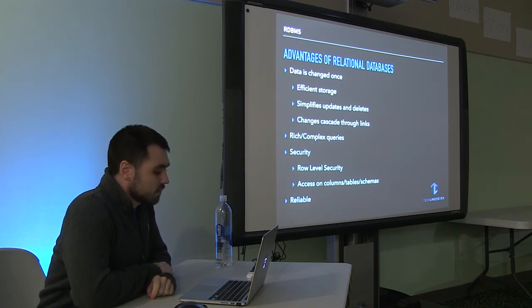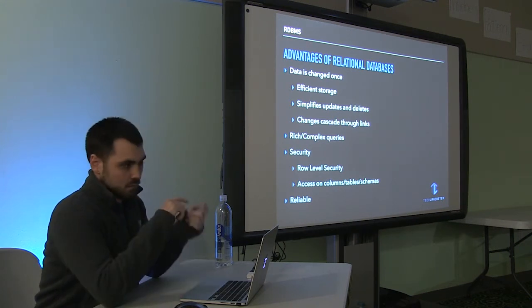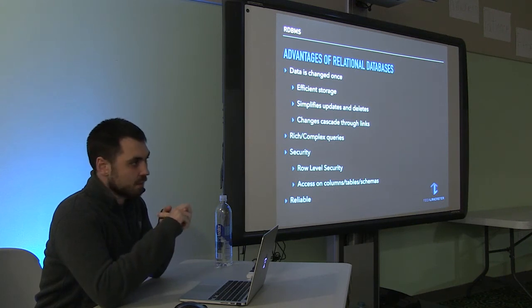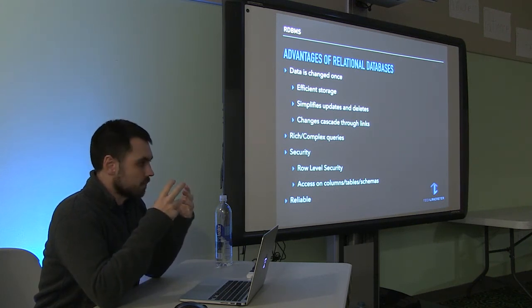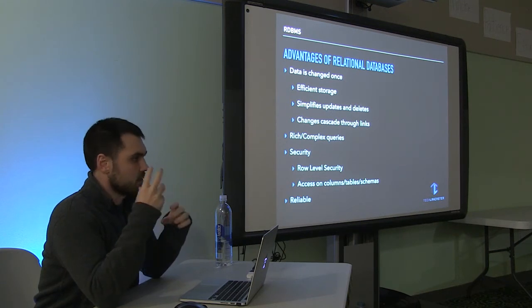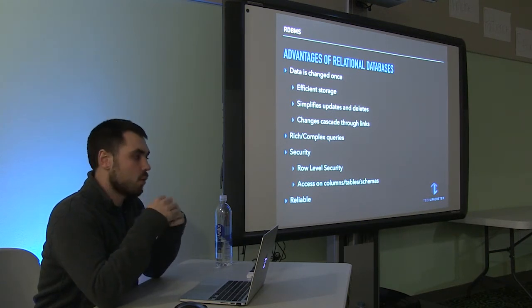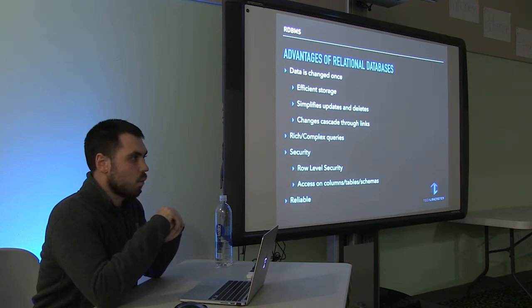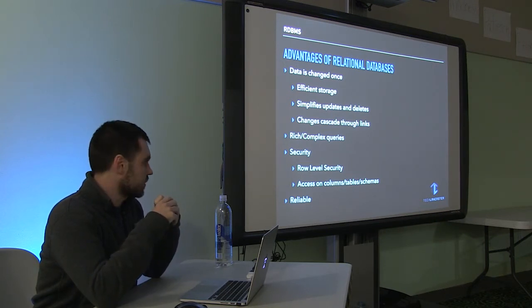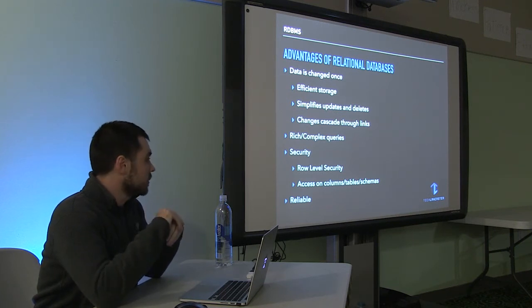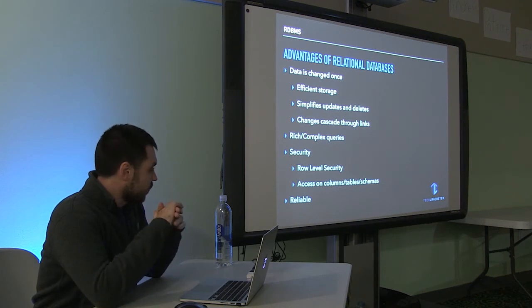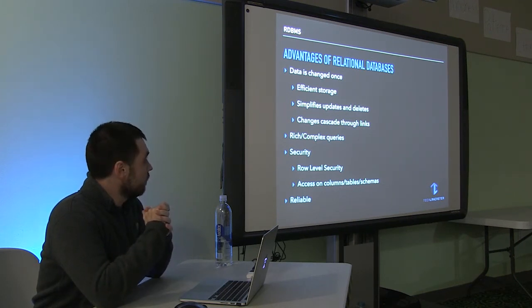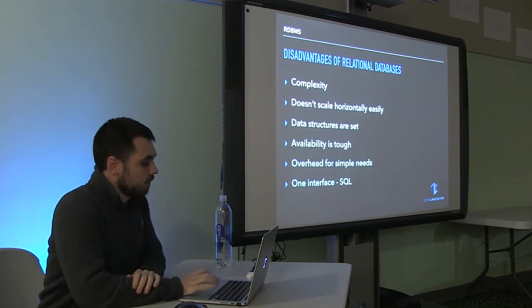Relational databases offer a lot of security built in. For instance, users and roles. You can do really nice nested hierarchies of positions within the database, what people are allowed and can do. It gets a little finer with row level security, where you can define what rows people have access to, and what kind of access you need to get data out of certain columns in tables and schema. And because it follows ACID properties, it's reliable. So mostly these are the advantages of a relational database.